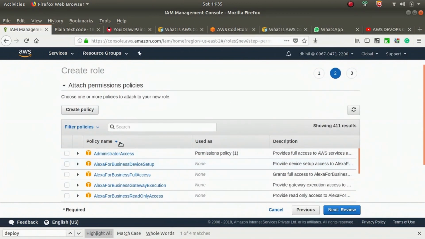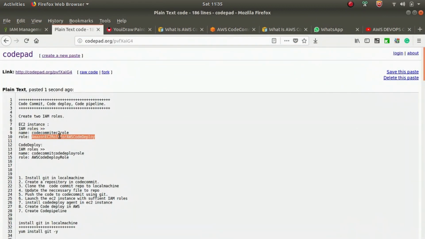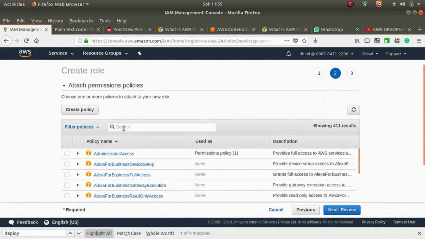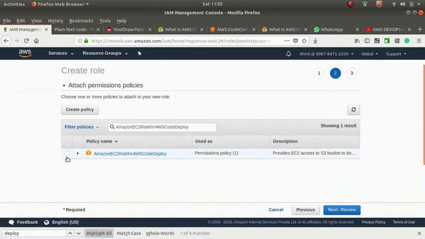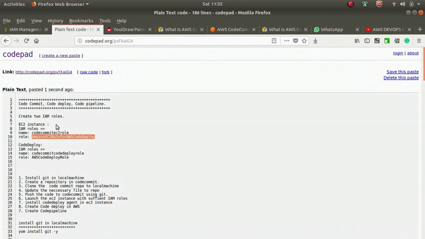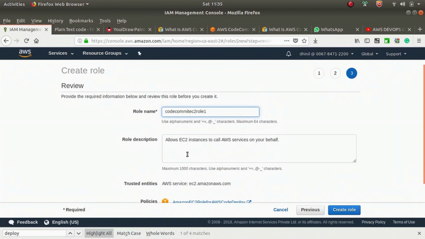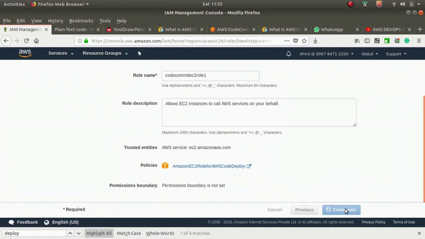Select the role AWS EC2 role for AWS code deploy. Yeah, select this one, then put the role name AWS code commit role 1, then create the role.